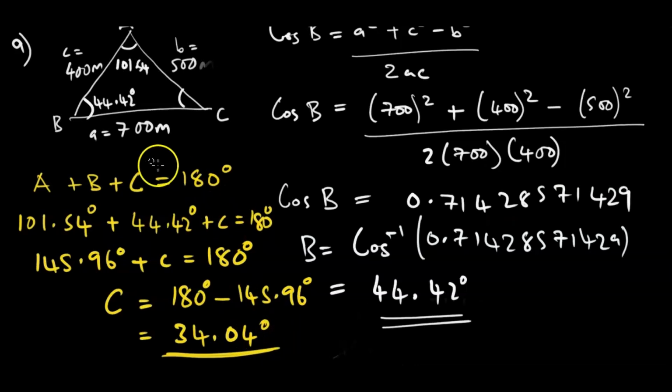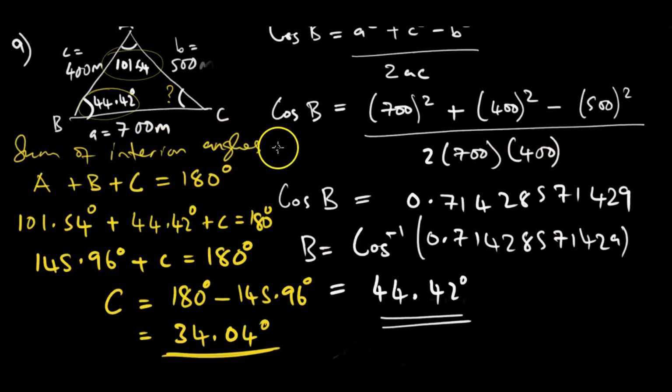Saka kana tichinzi titsvage maangles, tikatongowana the first two angles, there is no need yekushandisa the cosine rule kutsvaga the third angle. We just use the sum of interior angles of a triangle, which is 180 degrees. Is this understood? Alright, saka we have done the first part of our question. Let us now do the second part, which is B.